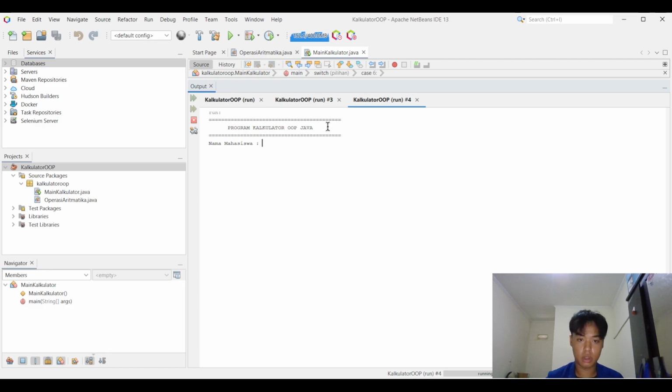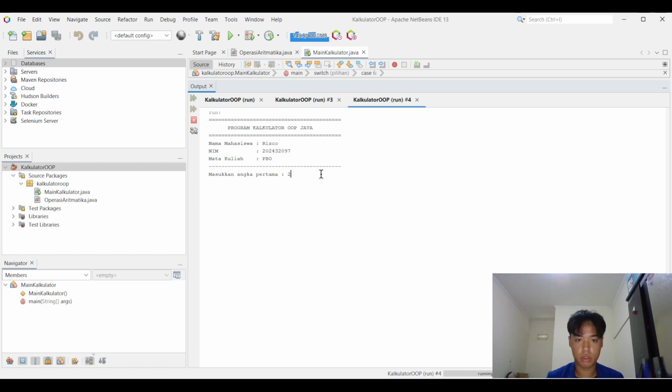So input the name first, student ID number, and then mata kuliah. And then after this, these are the numbers that the user wants to process.